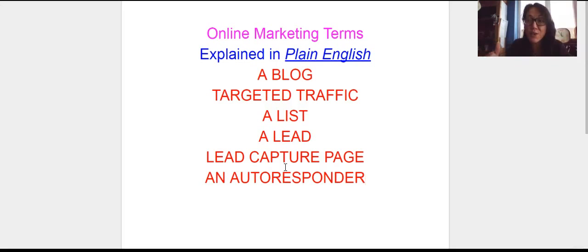And the more leads you capture using your lead capture page, the more contacts you have on that list. That's what they mean by your list. You can build your list over months, over years. So that is one of the essential things you need to have: an autoresponder. I think you can get them for free at first, and as your list grows, of course, you have to start paying for your autoresponder. What else do they say you need?